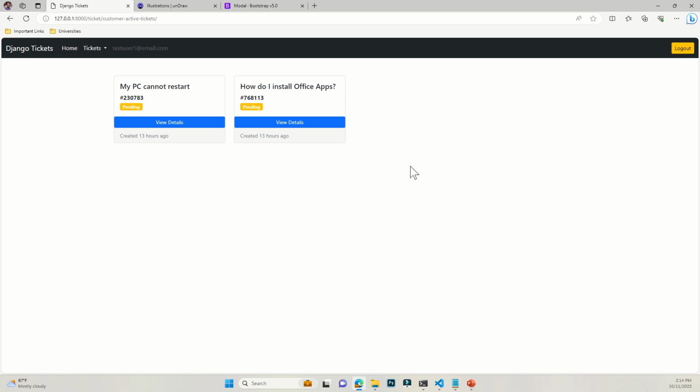Or alternatively, let's try something. Since it's already pending, and since we've already demarcated how we can see our tickets, which means all active tickets show up here and all resolved tickets show up here, there's no point having this pending showing up here. So what we can do is